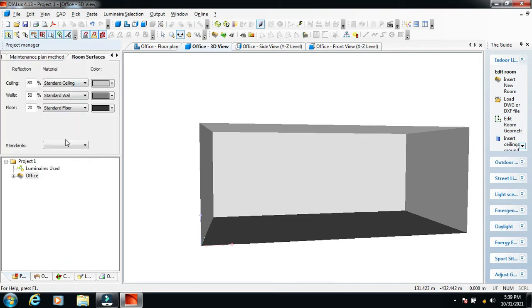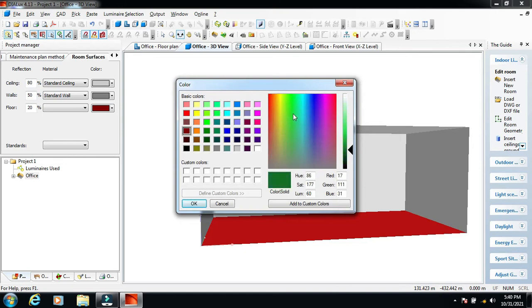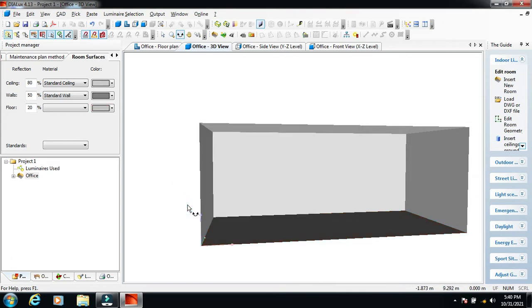So we have kept these values accordingly, and if I have to change, I can change it to the requirement. Any colors you can select from here. So if you have tiles which are a little brownish, or grayish, you can keep it like this and press OK. So 70, 50, 20 you can add accordingly, so these reflection coefficients would change. Otherwise you can change it from here also.